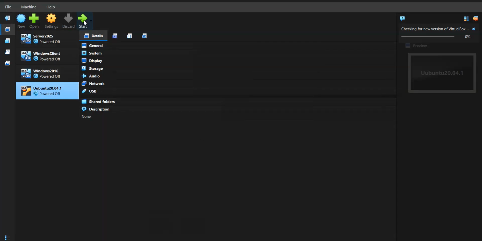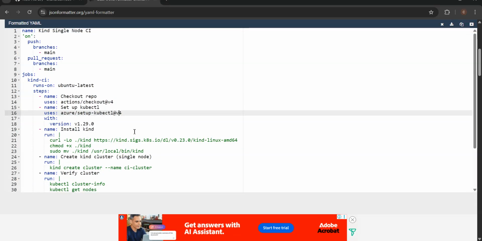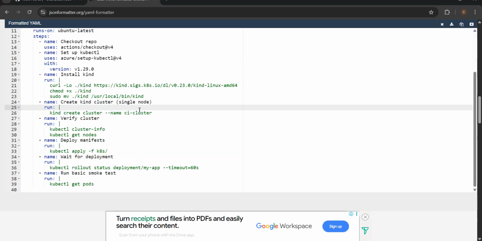So let me log into the Ubuntu machine so that I can show you. We can check the kubectl status because we have created the cluster there. Okay, so this is our setup and which setup it uses. Suppose we are using Azure setup, then you can give the version as kubectl v4, and simple if it is install kind, and these are the instructions through which it will be creating the single node